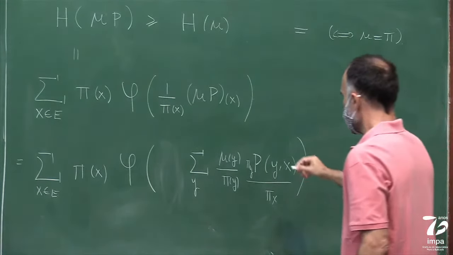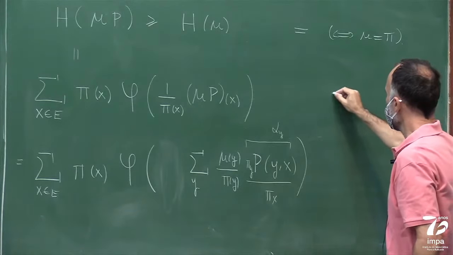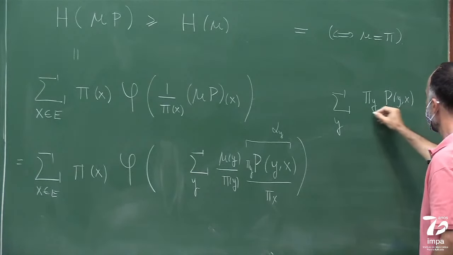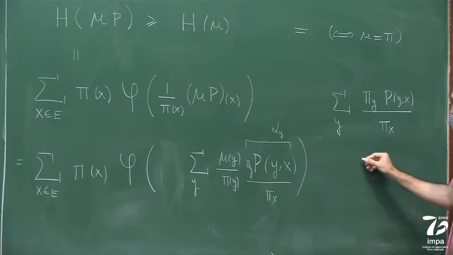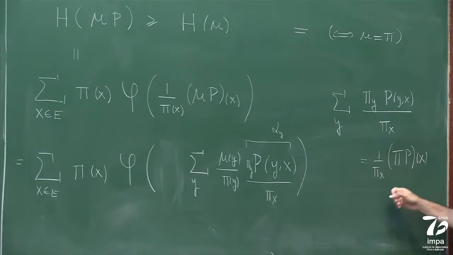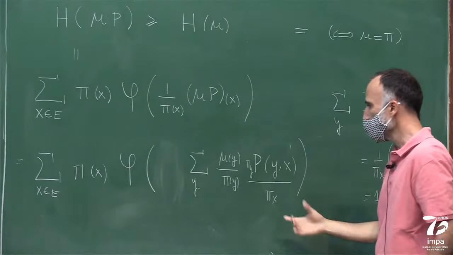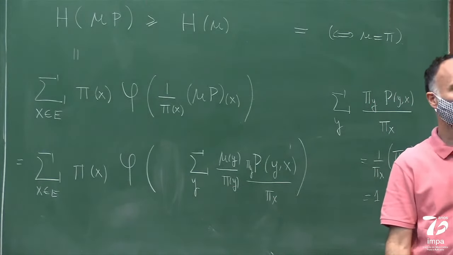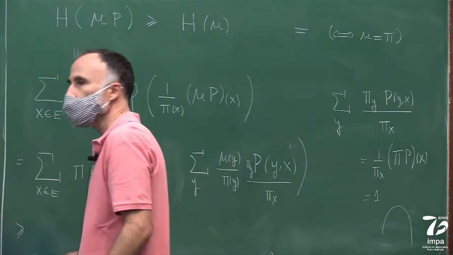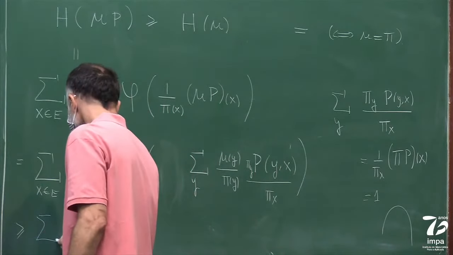Now this is alpha of y, and what I claim is that the sum is 1. So the sum in y of p yx divided by pi of x, well, you see that this is 1 over pi x, pi p of x, but since pi is stationary, this is 1. Okay? So what I'm doing here is taking a convex combination of these weights. And since phi is concave, this value is larger or equal, and if these quantities are not all equal, it will be strictly larger,